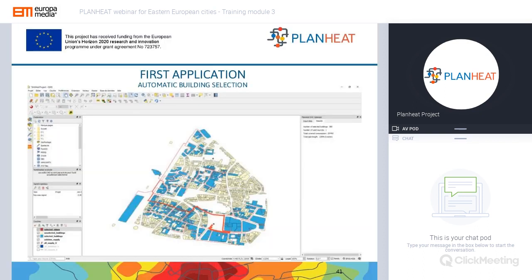In the next slide, I would like to explain what happens if we plan to cover 50% of the district heating demand, and therefore select the corresponding objective in the interface, for example, 29 megawatts. Check that the overall supply of 120 megawatts is higher than the demand coverage objective of 29 megawatts. We can therefore run the computation and obtain the following results that can be seen on the picture.